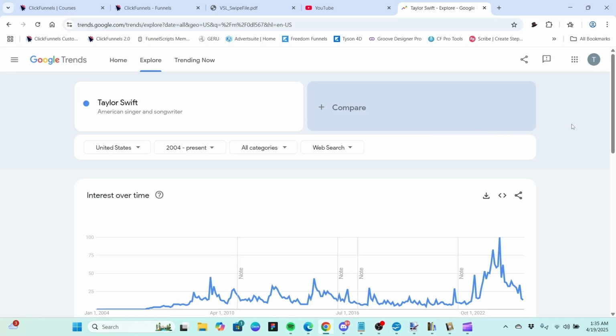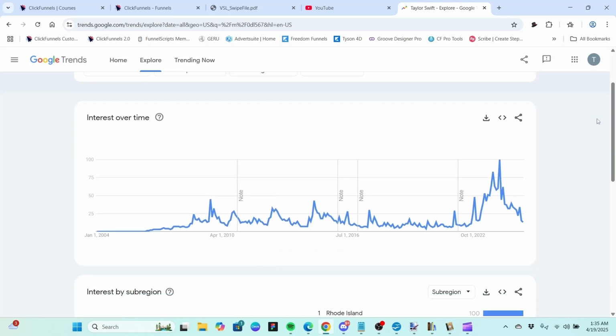Okay, you can see that it's pretty flatline here. I don't know when she started performing again. I didn't research that, but we can see there's a spike here. There's a relative interest in here. It goes up and down. And then it looks like about October 2022, it just goes pretty much all the way to the top of the chart